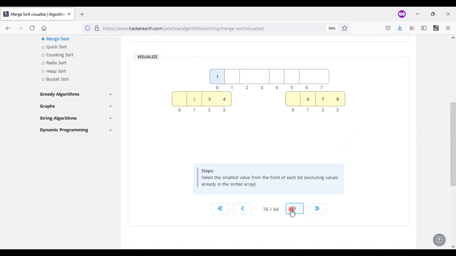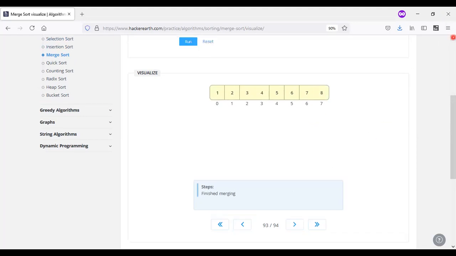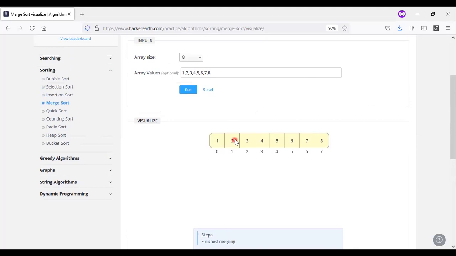So here, as usual, many steps have been taken. For 9 elements, how many operations will there be? There will be 24 operations. How many steps are we creating for that processing? Here 94 steps of processing will be created by using this algorithm. Whether these are necessary or not, we need to see. If we see that we finish the merging and give the same values into that one, the same values have been provided, and it uses some extra space or extra operations here.